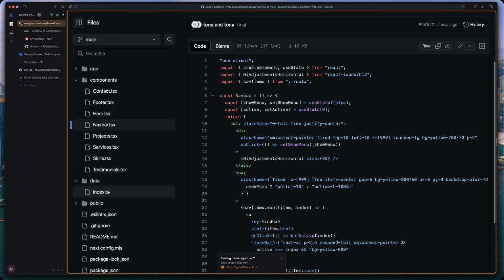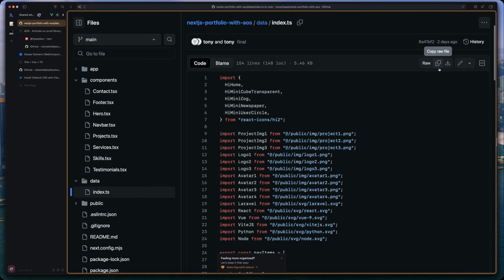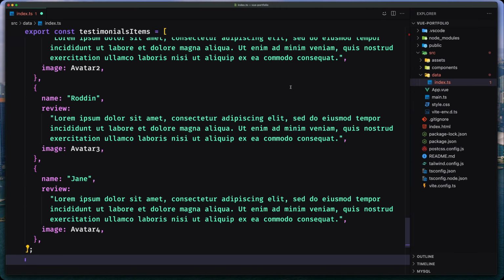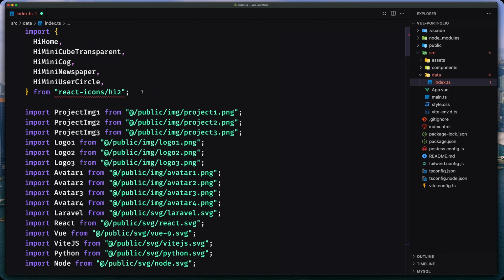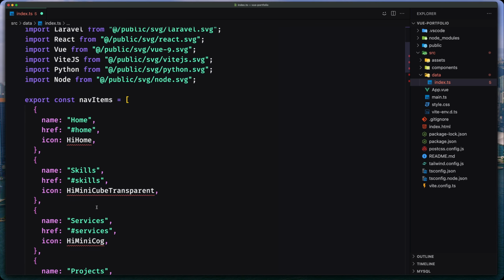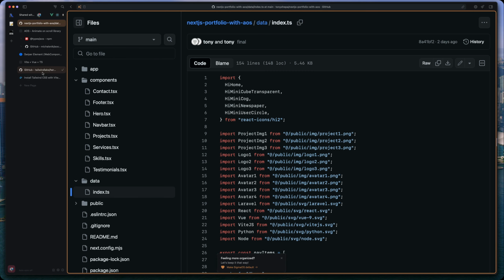First I'm going to open this index.ts file. I'm going to copy here, and now inside the source directory I'm going to create a new file which is going to be inside the data/ and the name is index.ts. Here I'm going to paste everything. First of all, let's start and work with the icons. So here we have the icons imported from the React icons, but we're going to change that. We need the icons for the home, skills, and now let's open